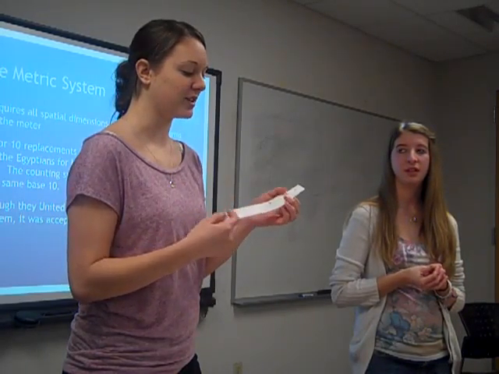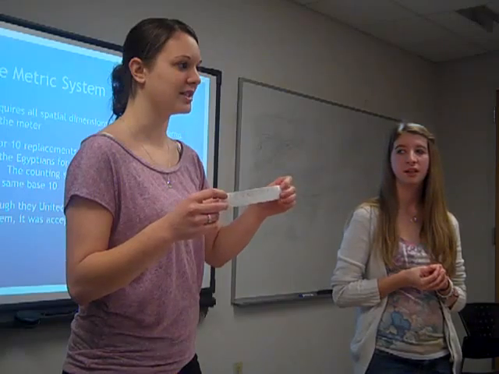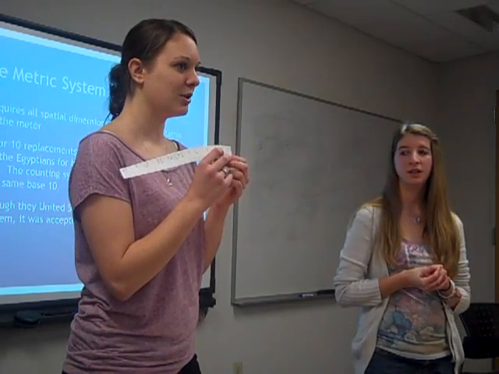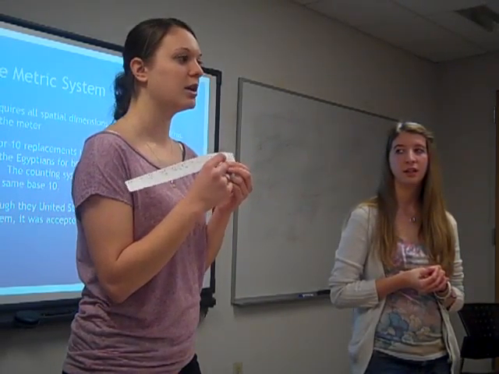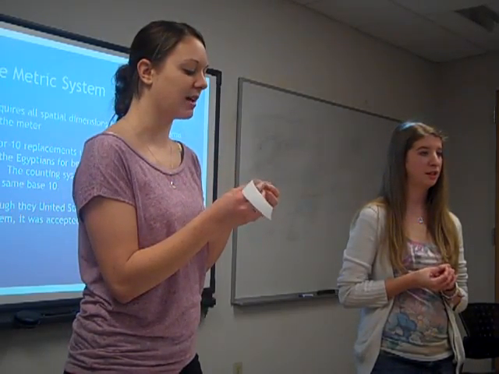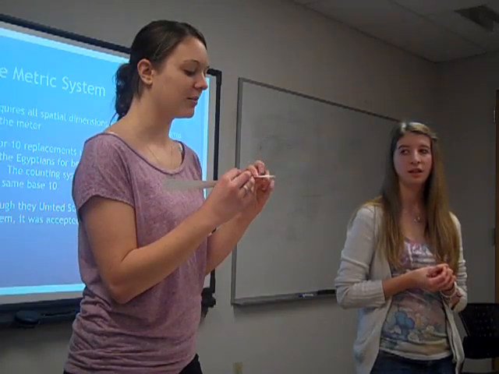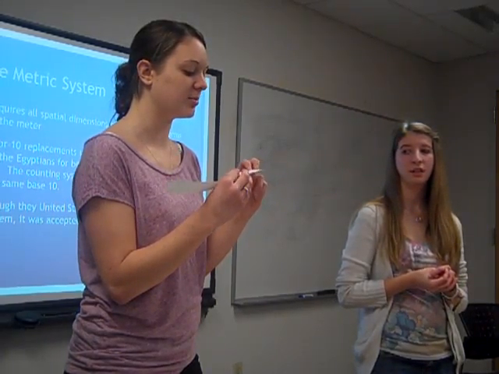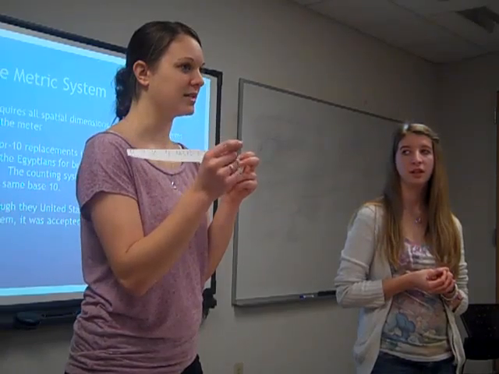But that shows you the difference between the metric system and our system, and why we can use centimeters to make a more precise measurement. Because sometimes our inch, even a 1/16 of an inch, might not be exact, and you can